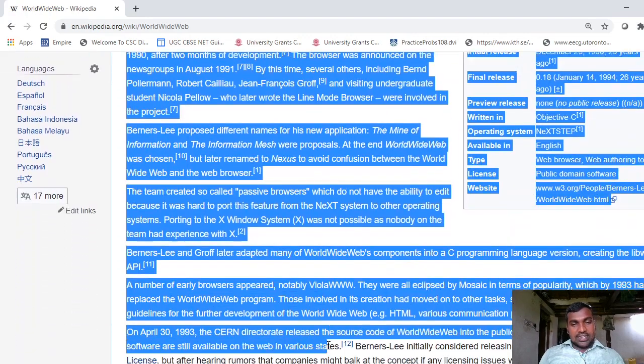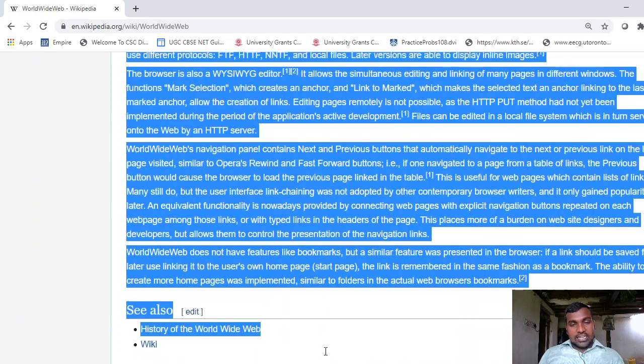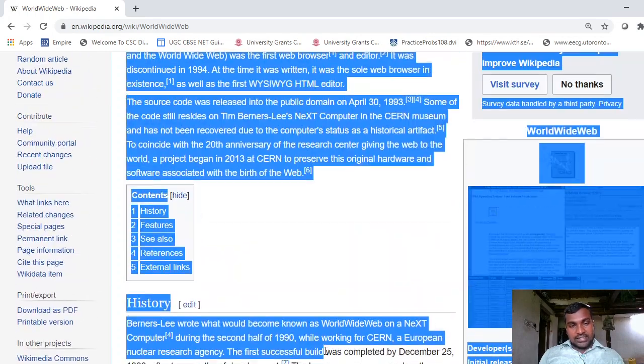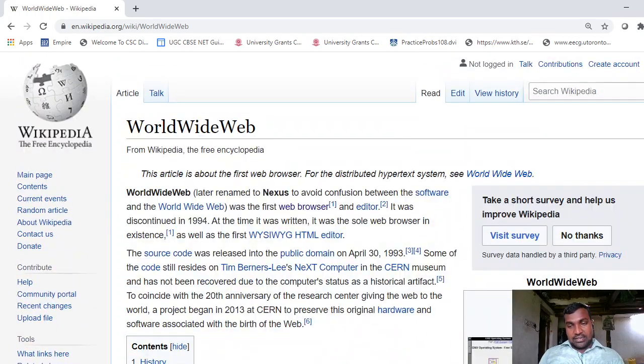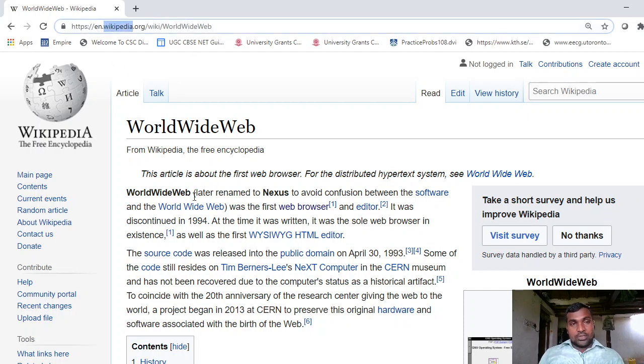This web page contains several pieces of information, in the form of text, images and so on, and all of these are available on the Wikipedia web server. The location of this web page is this one. This is the path under wiki, World Wide Web. So this is the path, and this is the name of the URL, the domain name.